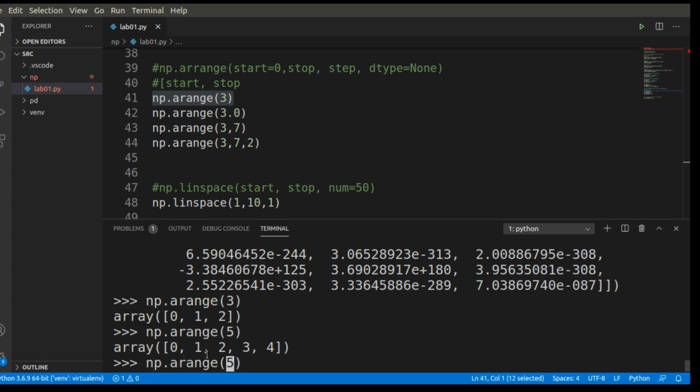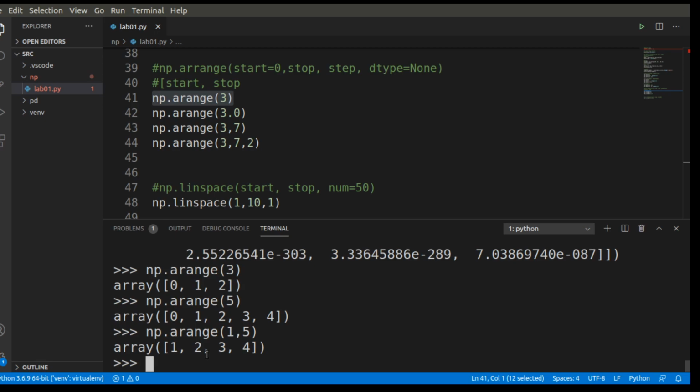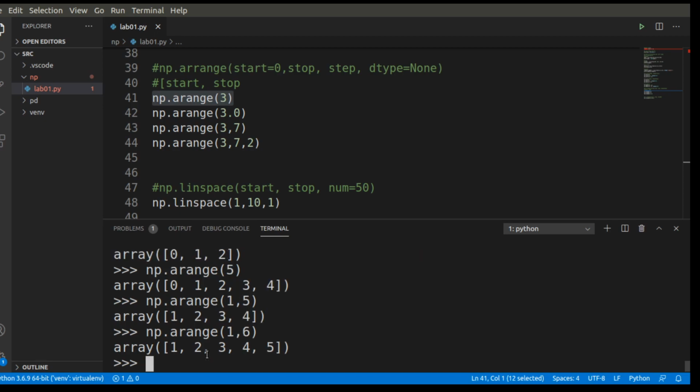Or else if you want to create the first five numbers starting with 1, you can give 1 2 3 4. Please note that the first value is inclusive and the second value is exclusive. That means it will start with 1, and it will exclude the last number.